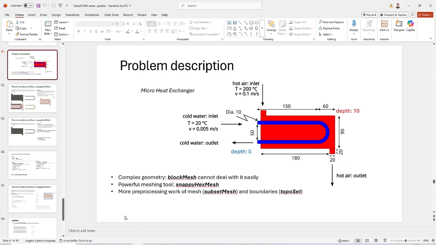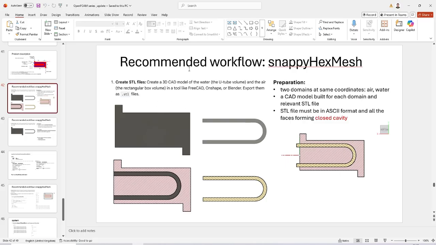Firstly, let's look at how to prepare the CAD model for your workflow, or how to use SnappyHexMesh generally. The recommended workflow when using SnappyHexMesh is always starting from your CAD model, which means the design engineers or yourself should prepare the computer-aided design model. It's usually three-dimensional, and you can construct the dimensions using any software tools you like, for